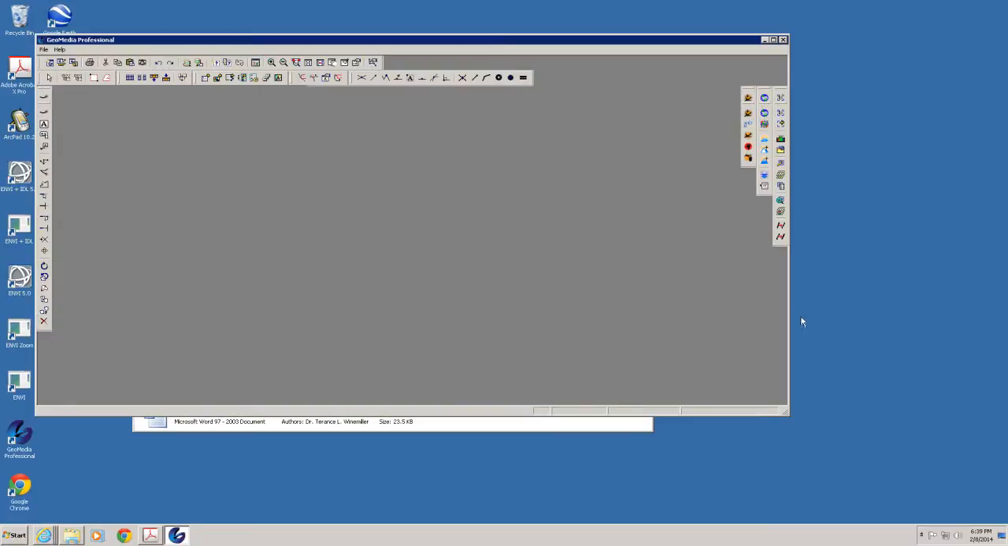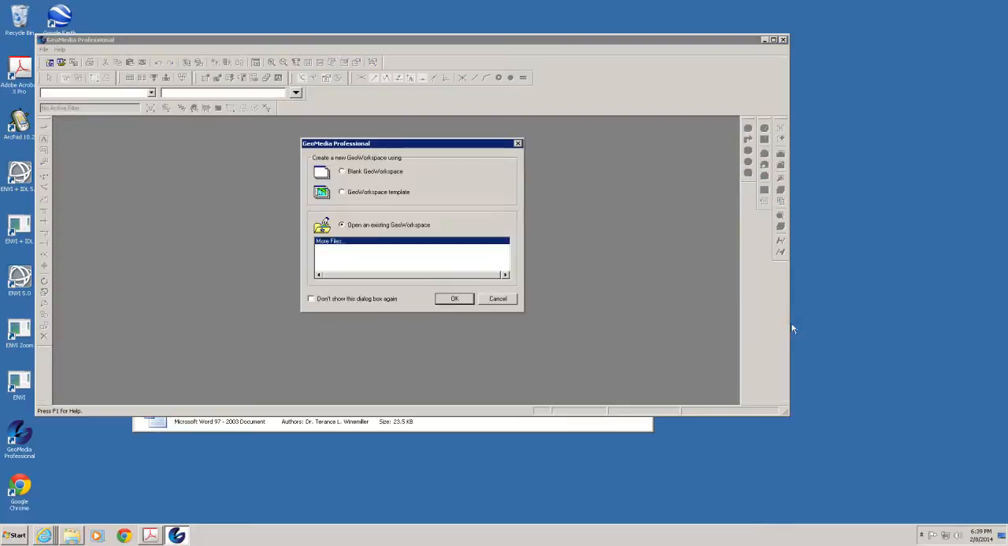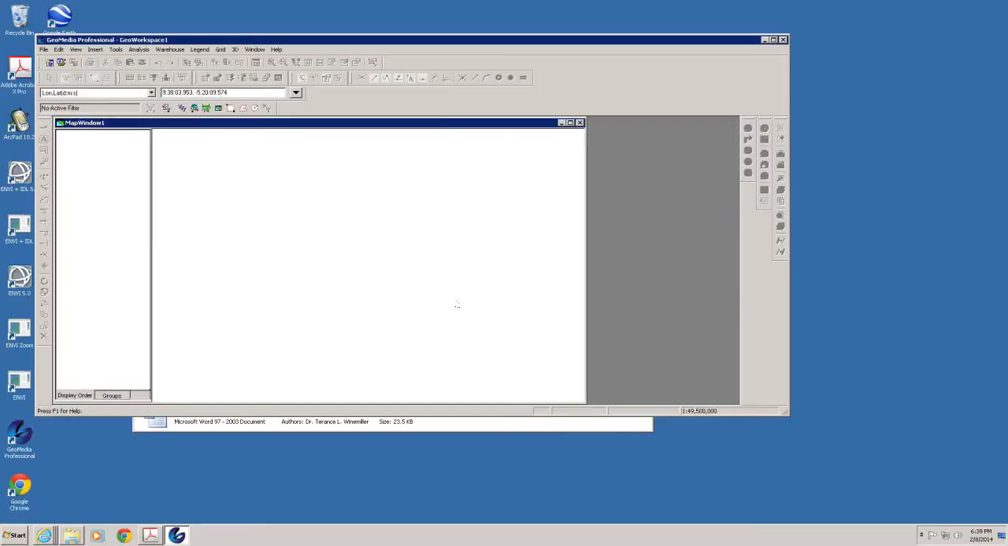Once again, remember that you have to create your project folder for each exercise. We're going to get a blank Geo Workspace, click OK, and since I'm using virtual desktop,